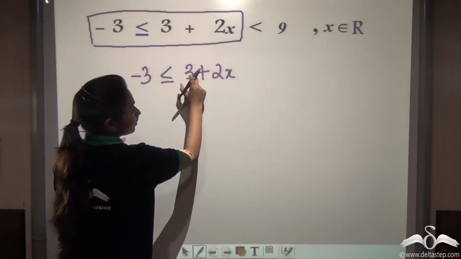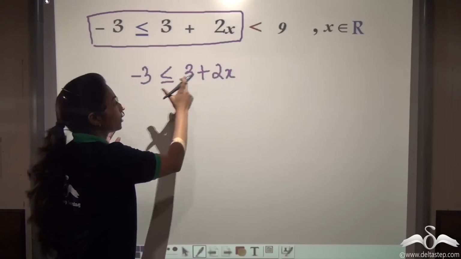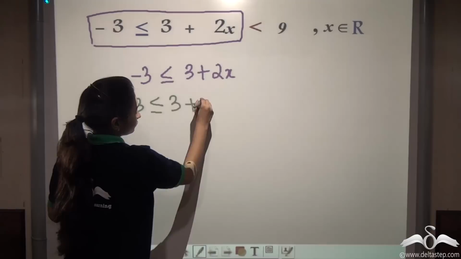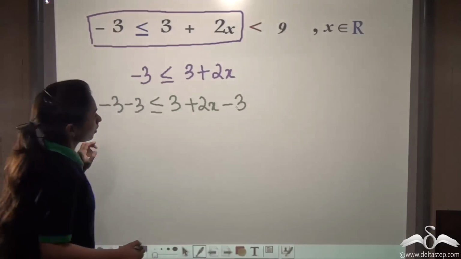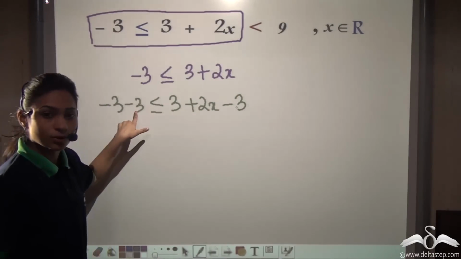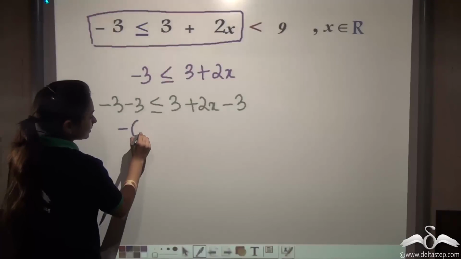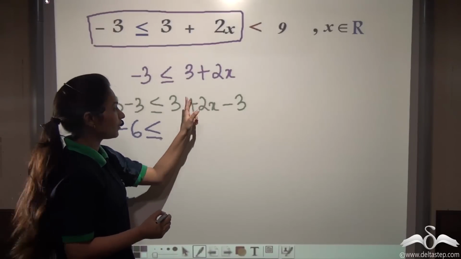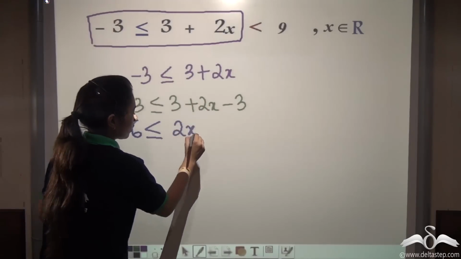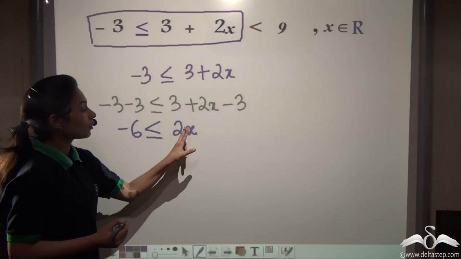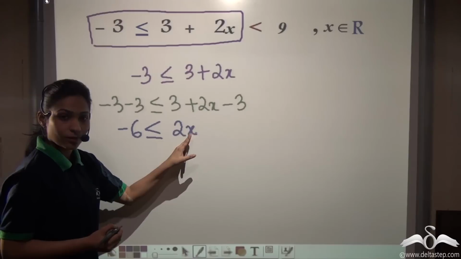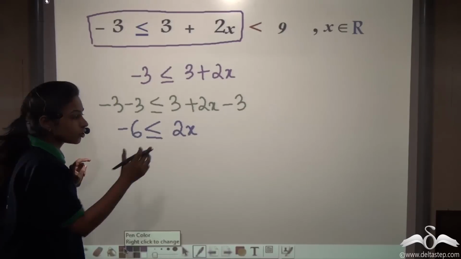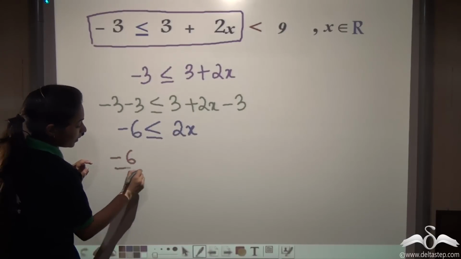I have to subtract 3 from here. So subtracting 3 from here should give me minus 3 here also. I have subtracted 3 from both sides. We get minus 6. Then 3 minus 3 gets cancelled. Our job is done. We are left with 2x. Now what do we need to do? We have to bring the coefficient of x, that is our variable, to 1. So for that we need to divide both sides by which number? 2. So let's divide both sides by 2.